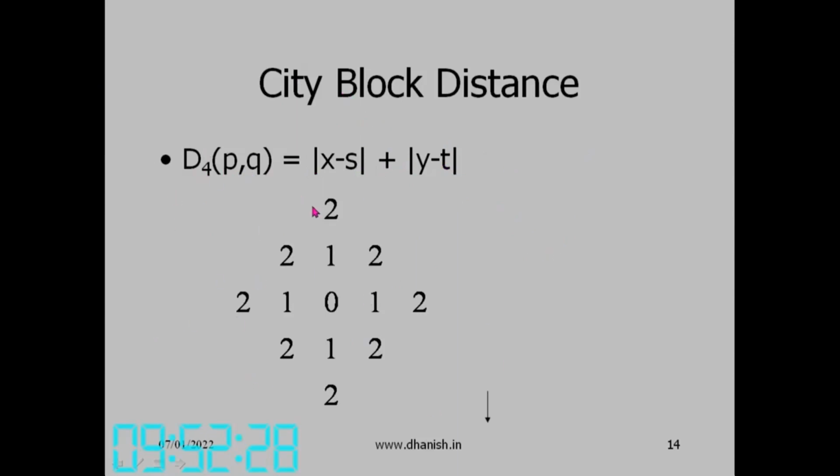So for example, in this matrix, from 0 to 1 it is one step. And 0 to 2, how many steps will be required? By using Euclidean distance, it will be square root of 1 plus 1, root 2. But city block distance, how much will it be? To reach this, we have to step 1, 2. So these are at 2 steps from 0. So this is also 2 steps. So city block distance is you go either horizontally or vertically. How many steps you need to reach the desired location from one point to the other, from P to Q.